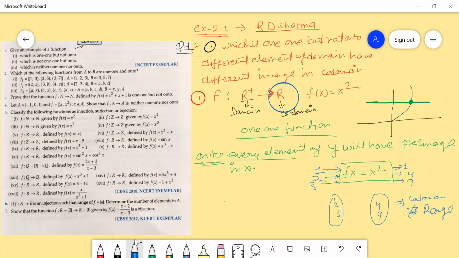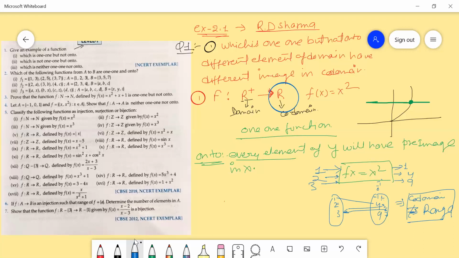We can say that because there are 0, -1, -2, also 1, 2, 3. So 1 has no pre-image, and 2 also has no pre-image, 3 also has no pre-image, 5 also no pre-image, 6 also has no pre-image. That's why we can say that this function is not an onto function, right?